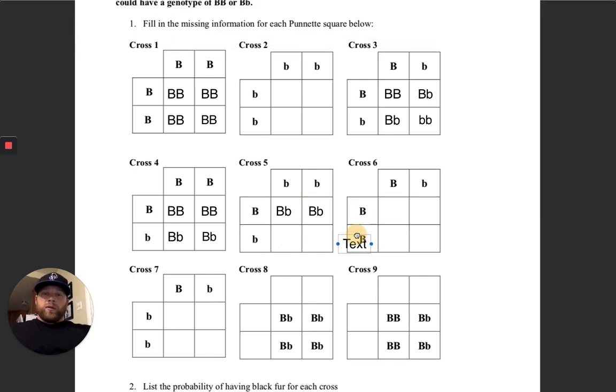Now if we go down, we will be getting the recessive allele from this parent and this parent. And then jump over in the column, we get both, again, recessive alleles. So,